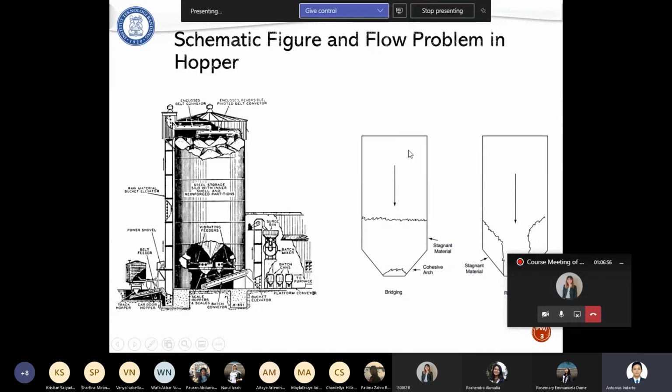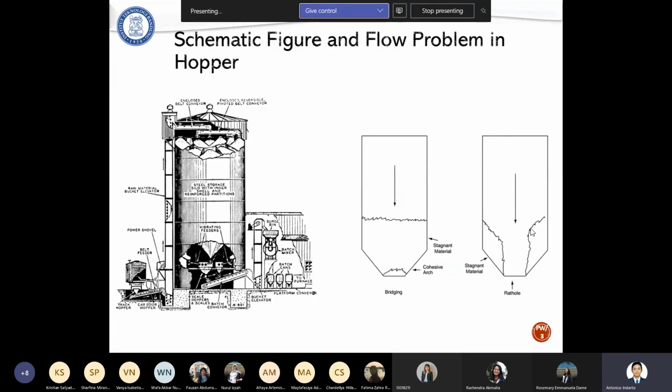And then we already saw from the video that we are facing the problem of rat hole. In the rat hole problem, we have very stagnant material at the side of this hopper, which will stick to the hopper itself.